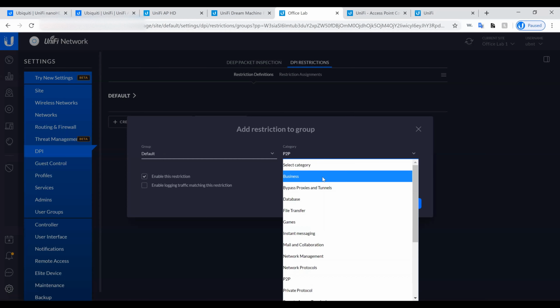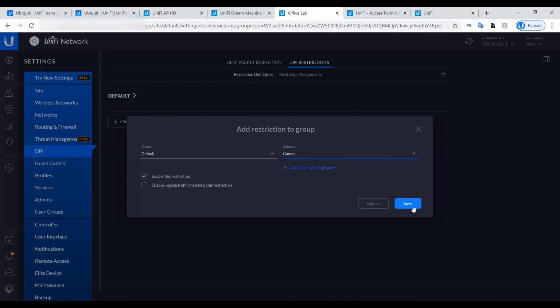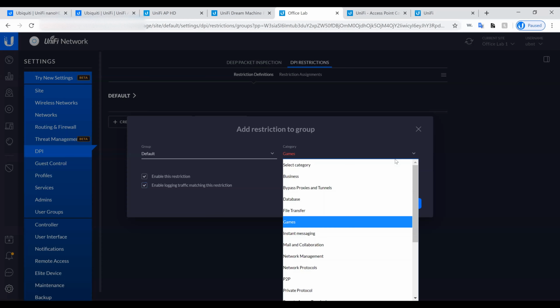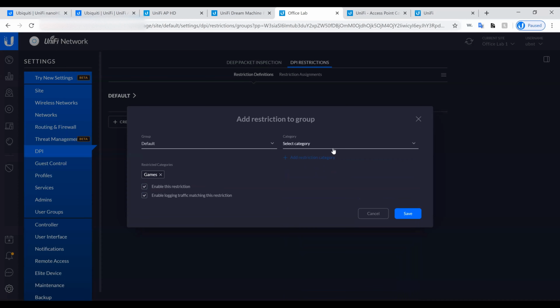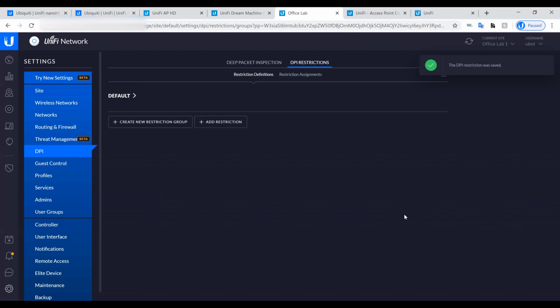And once again, you have the option of logging traffic to your syslog. So you can use the logging option to log to your syslog. Once you click on save, okay, you have created a group. You need to click the add option under it. All right, click save. Okay, so this creates the restrictions.